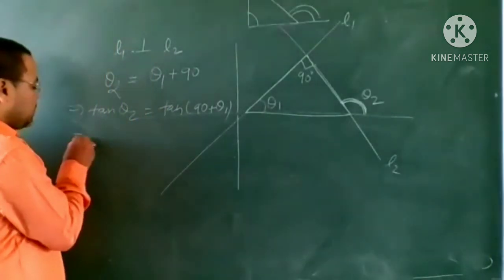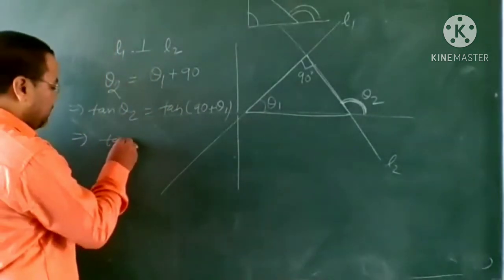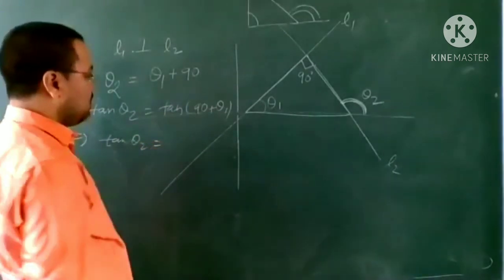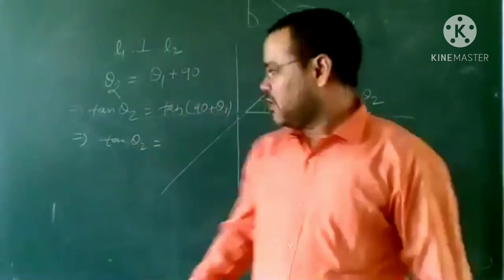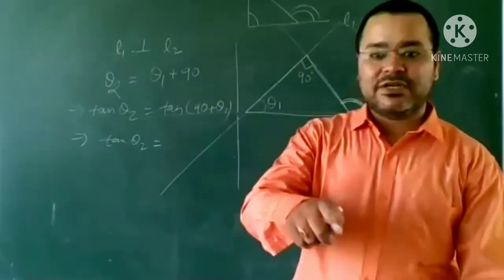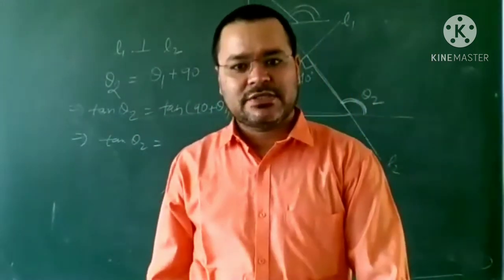Now tan of 90 plus theta 1. Here simply we can write tan theta 2 is equal to. Now tan 90 plus theta 1. 90 minus theta 1 is given in class 9. First,